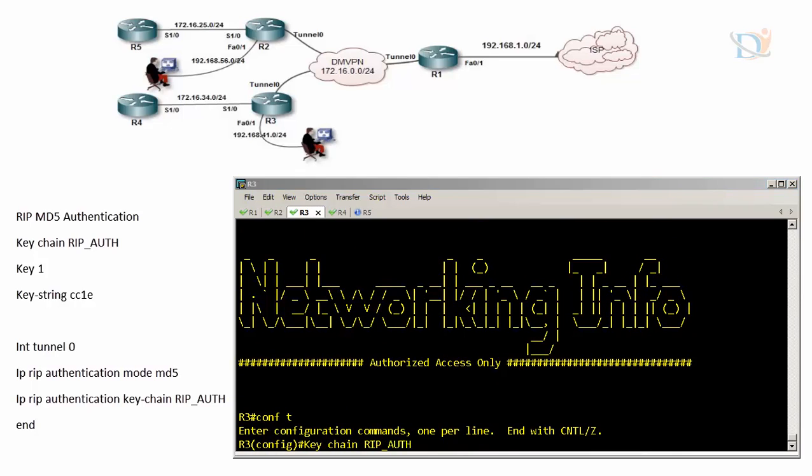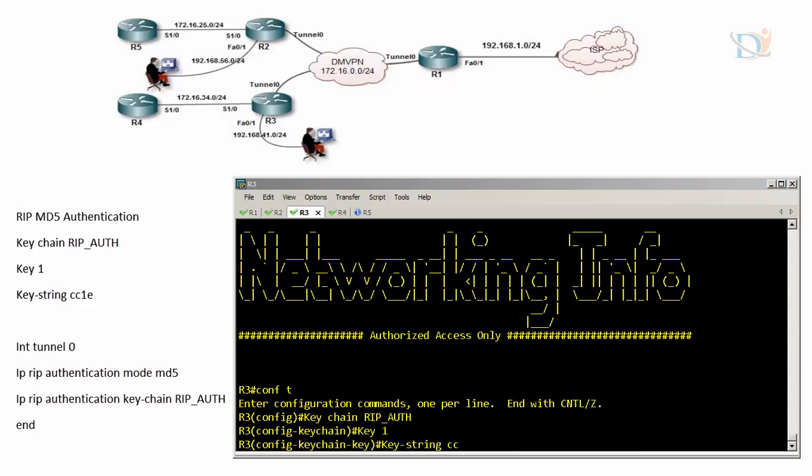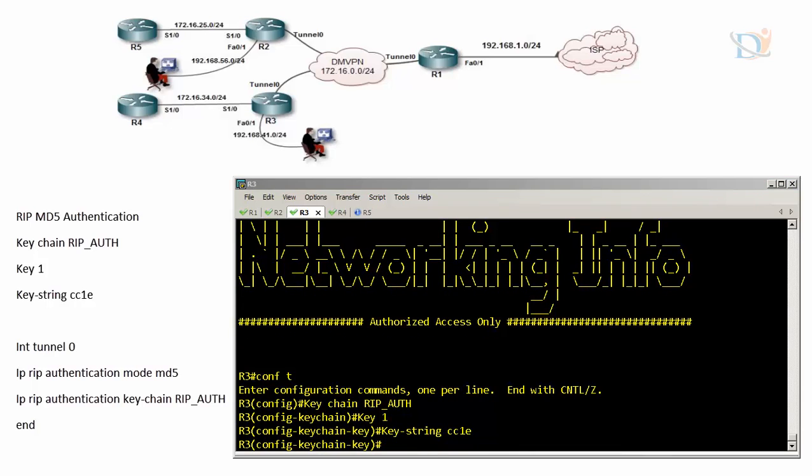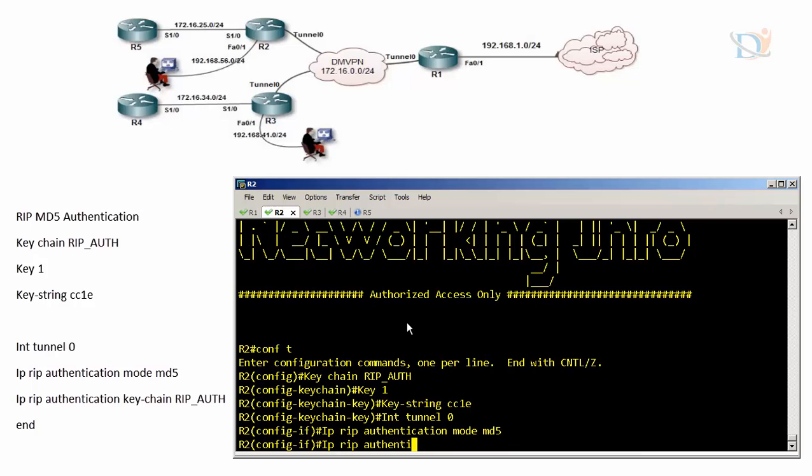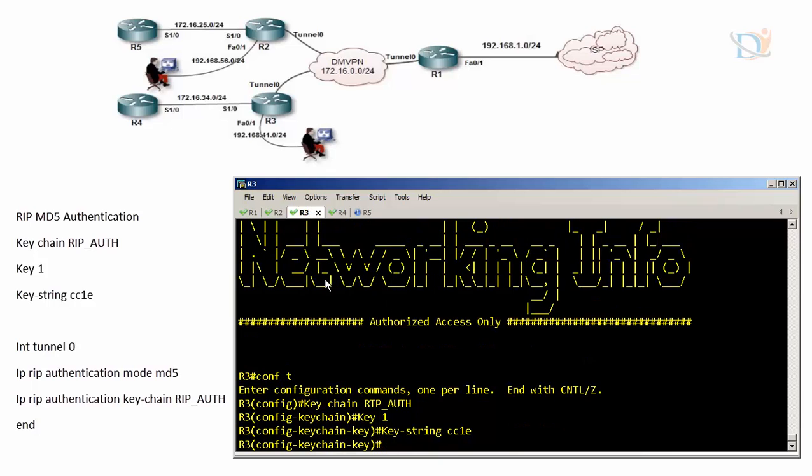and I need to configure MD5 and need to set authentication mode. Mode will be MD5 and key will be RIP auth. So router 1 already has it, and router 2 and router 3 need it. Go to router 2 and say interface tunnel, ip rip authentication mode MD5, and ip rip authentication keychain, which we have already created. Go to router 3, let's jump,